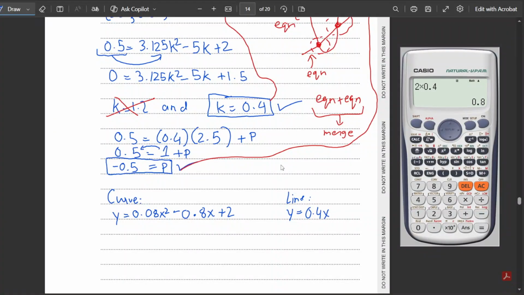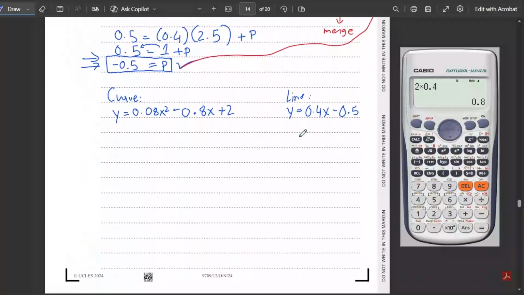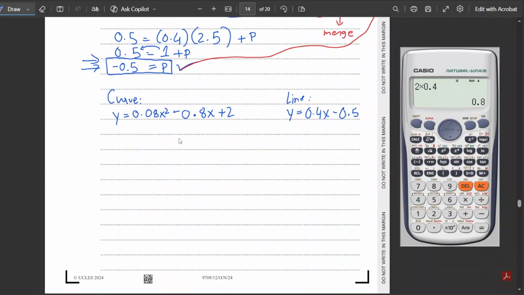And then I have plus p, but I know that p has a value of negative 0.5. So instead of plus p, it's going to be negative 0.5. And now I can merge both of these equations, or in other words, I can solve them simultaneously. So I can say that the curve equation yc is equal to the line equation yl, and therefore instead of